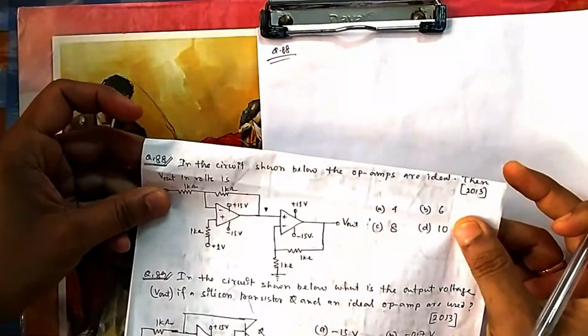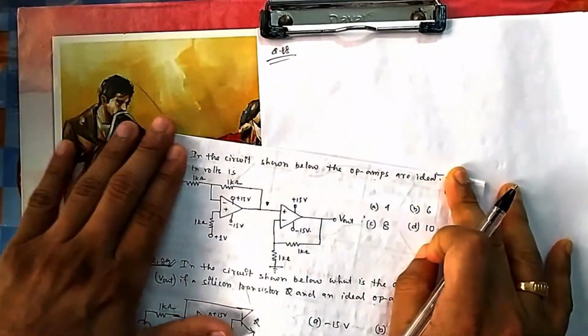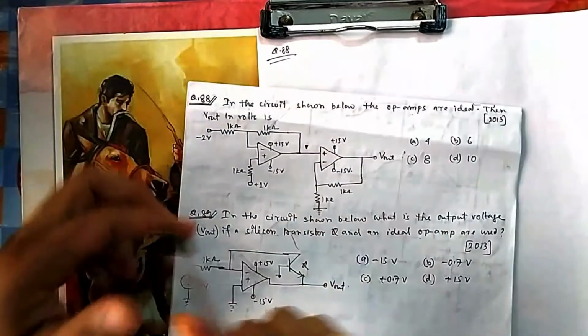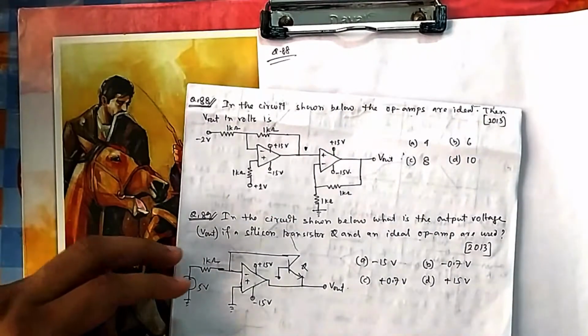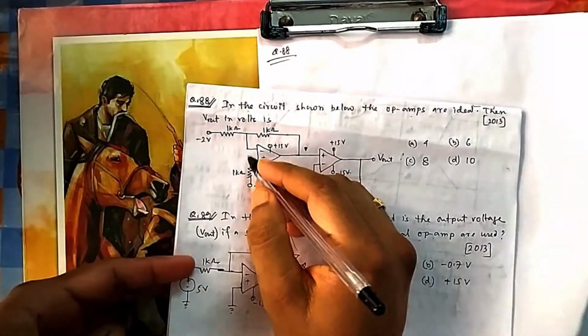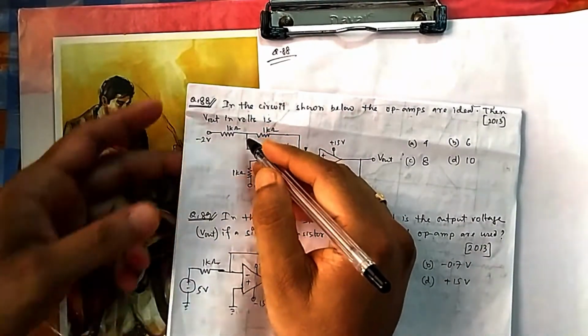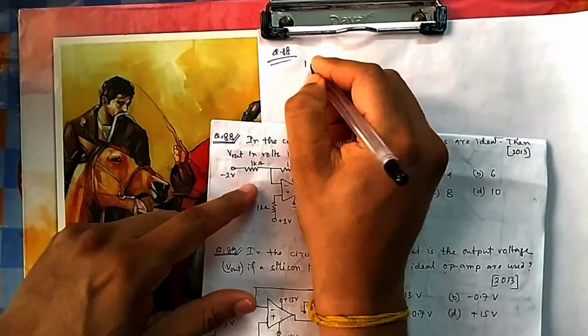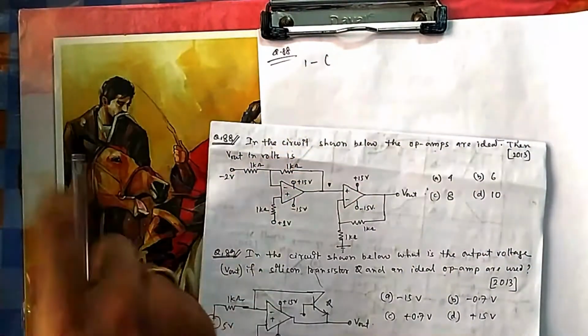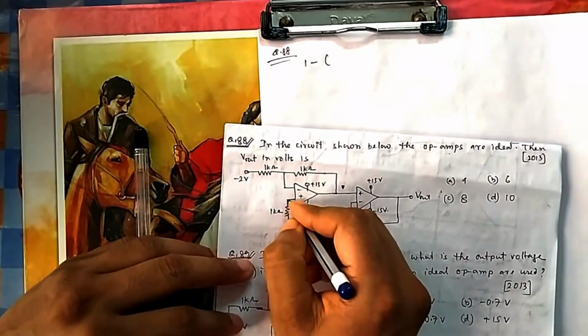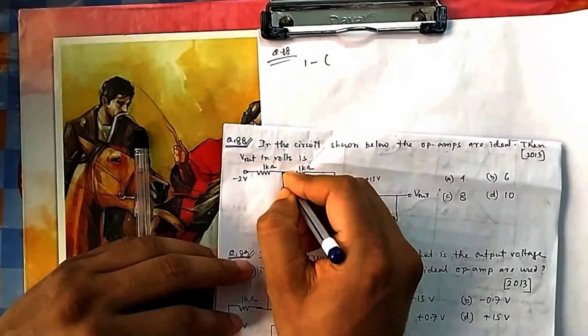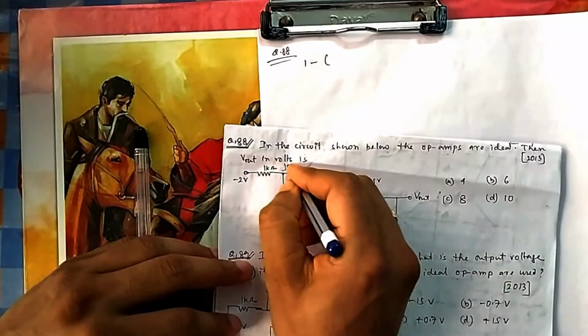Next, if you come to question number 88, what they are asking here: the circuit shown below, the op-amp is ideal, then the output voltage. So again what you will do, we will remove this one and we will see what we can do. Because no current can flow, this is 1, so this is 1, so this is 1. So you can take again nodal. So 1 minus, this is 1, this is 1, no current flows through this because it is infinite resistance. So this is 1, this is also 1, we know, because it is a standard negative feedback. So this is 1 volt.